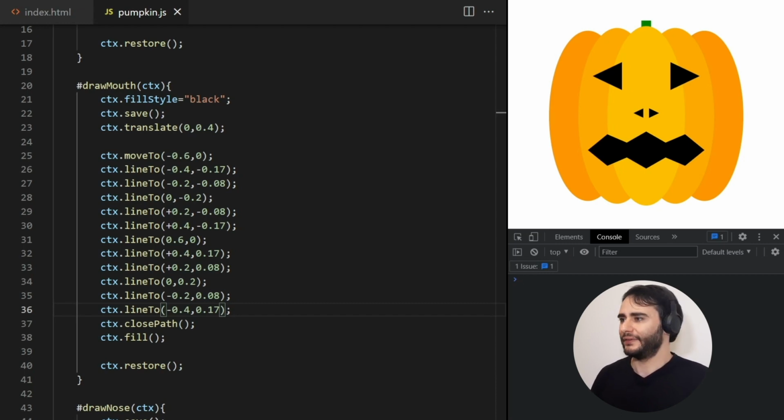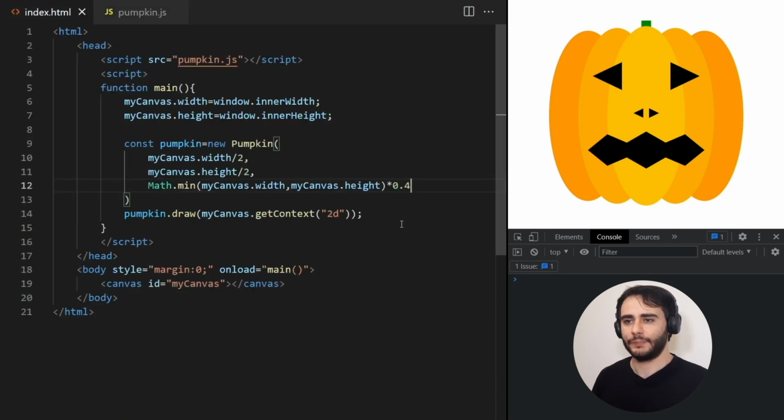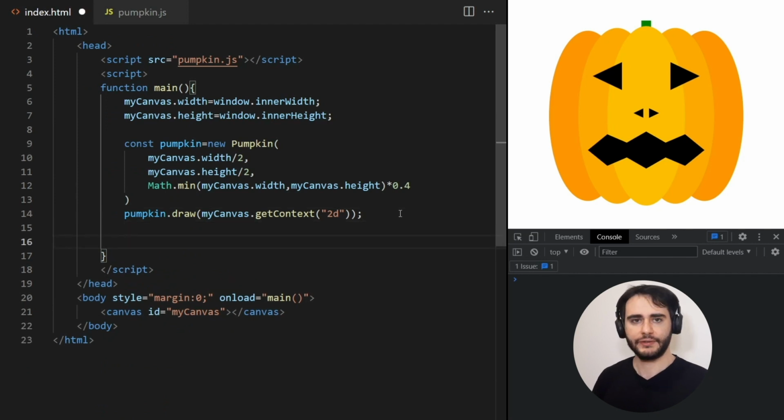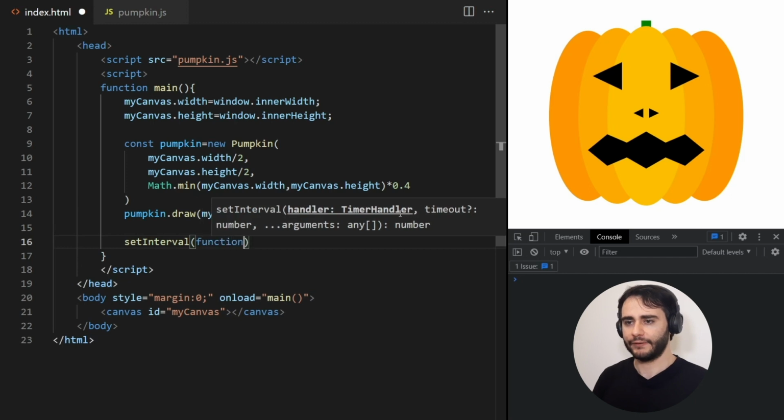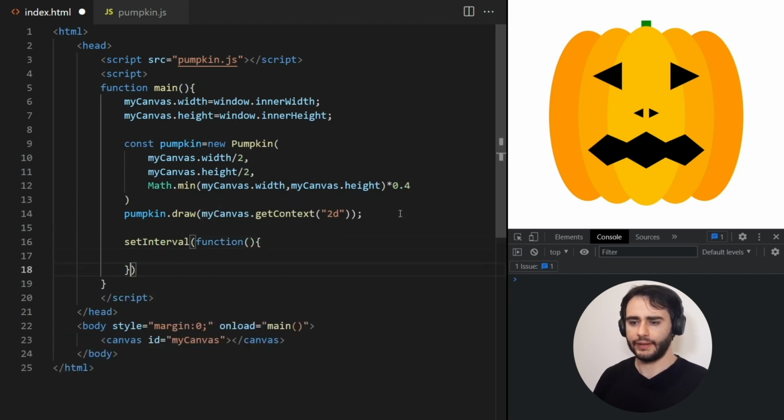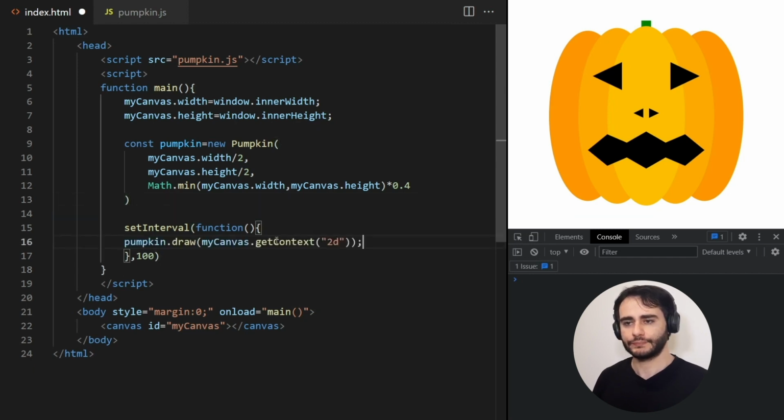Right, so we have the mouth and eyes and nose and everything looking the way we want it. Next thing we want to do is the animation. So let's go back to our main file and prepare the animation somehow. I'm going to put here a set interval with a callback function that is going to run 10 times a second, so every 100 milliseconds. And inside here, we want to draw our pumpkin,